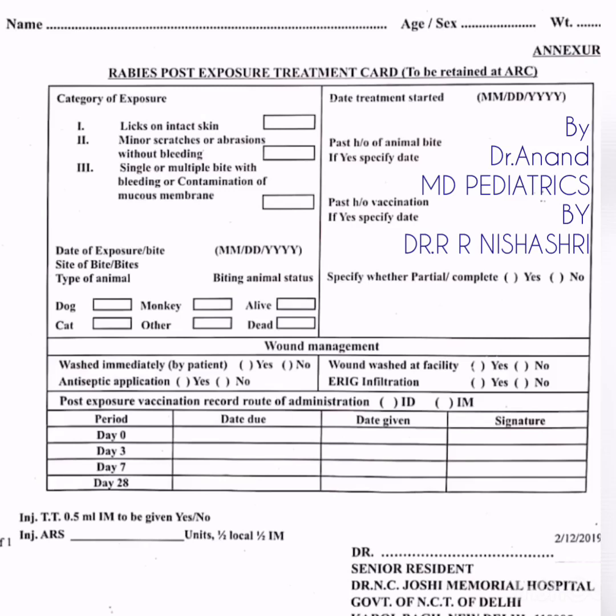And the last but not the least, very very important: okay doctor, my child, 1 year back or 1.5 years back, was very well vaccinated. 1.5 years back he was bitten by a dog. He was category 3 and he took all the vaccinations, doctor. So now after 1.5 years, again my baby is coming to you. So doctor, now how many injections will you put, or how will you do?